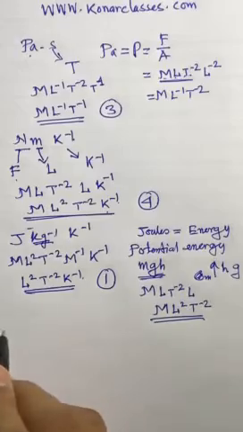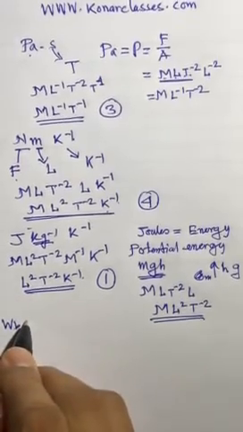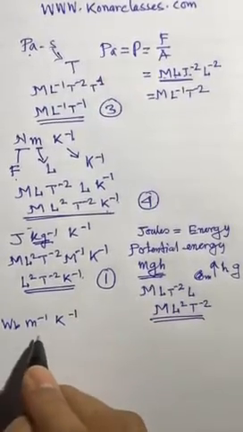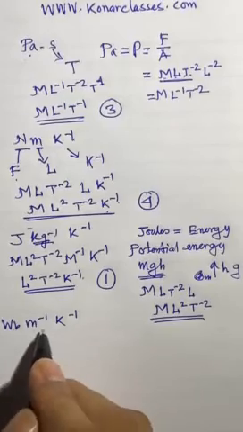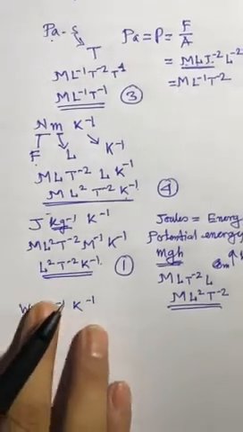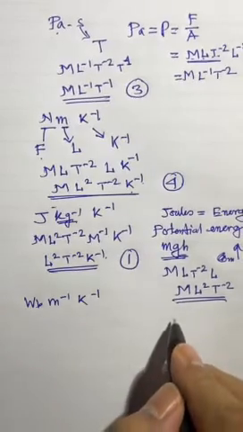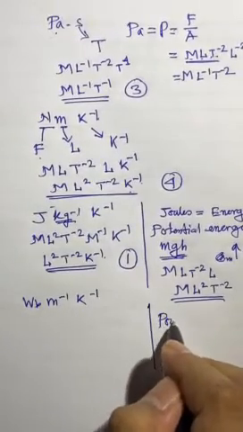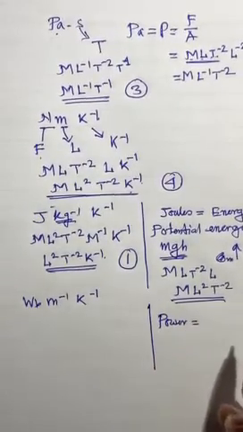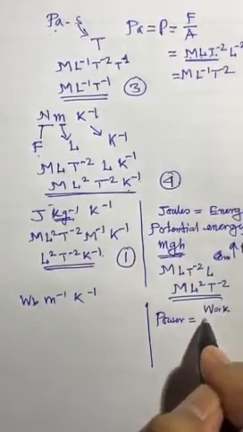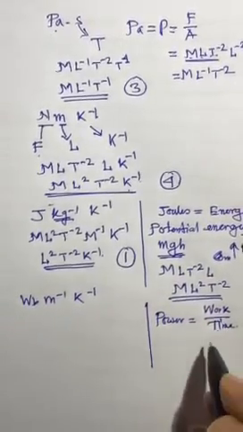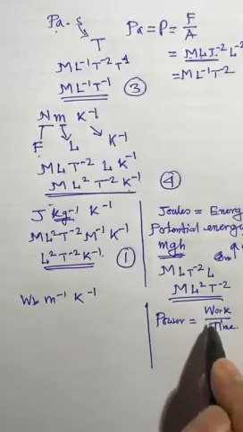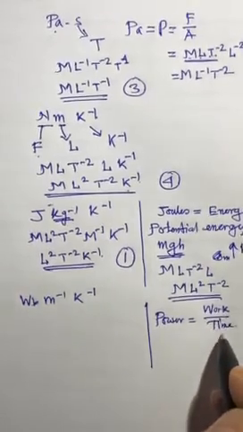Last one is coming W/(m K), m to the power minus 1, K to the power minus 1. So this is the fourth one, and of course the fourth one will be the remaining one, so we can easily find out. But let's find out what it means for the fourth one. W is the power, so you can just put it this way. Power equals work by time. You have seen before in our previous classes, and in your 9th and 10th standard also, that power equals work per time.